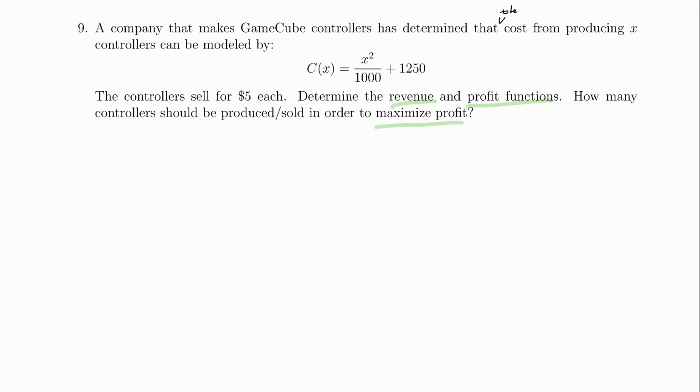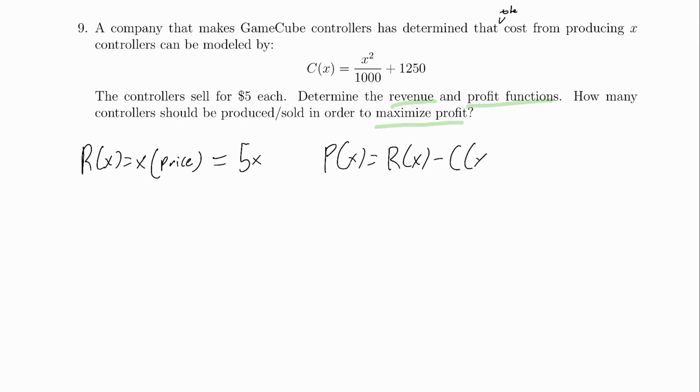So let's start with revenue function. In general, a revenue function R of X equals X times price. So in our case, it's going to be 5X because the price is $5 each. And a profit function, P of X, is always just the revenue minus the cost. So our profit function will be 5X minus, and this should be in parentheses because we're subtracting the entire cost function,